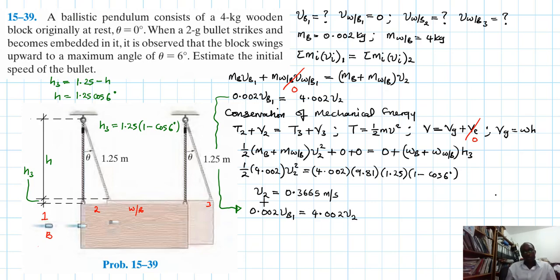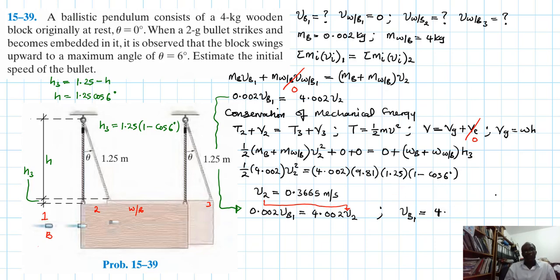So we can plug this value there like so, and once we do so, then our VB1 just becomes equal to